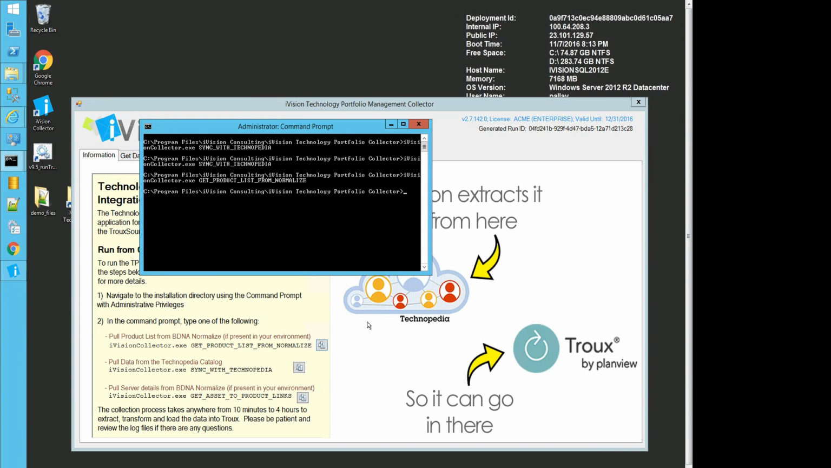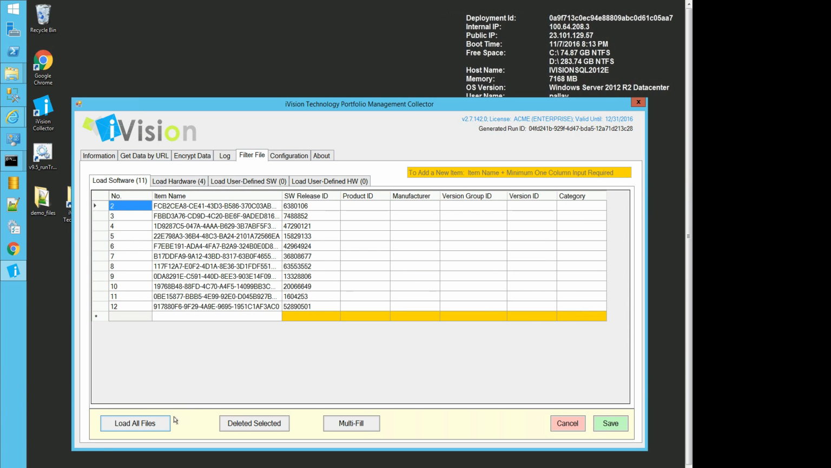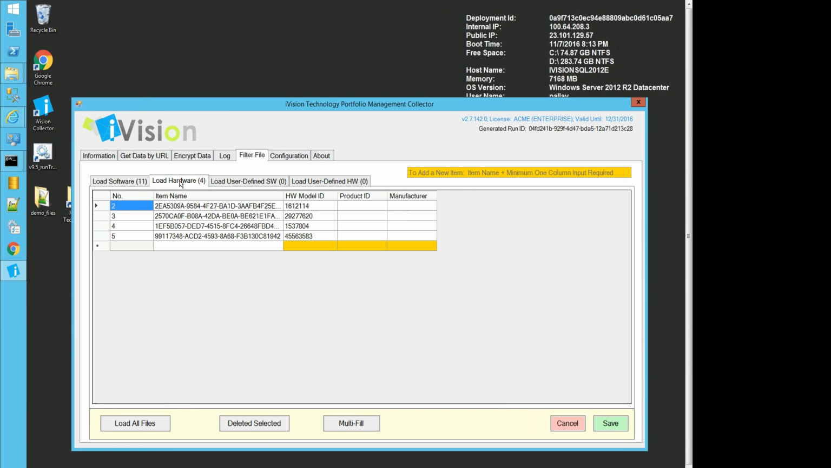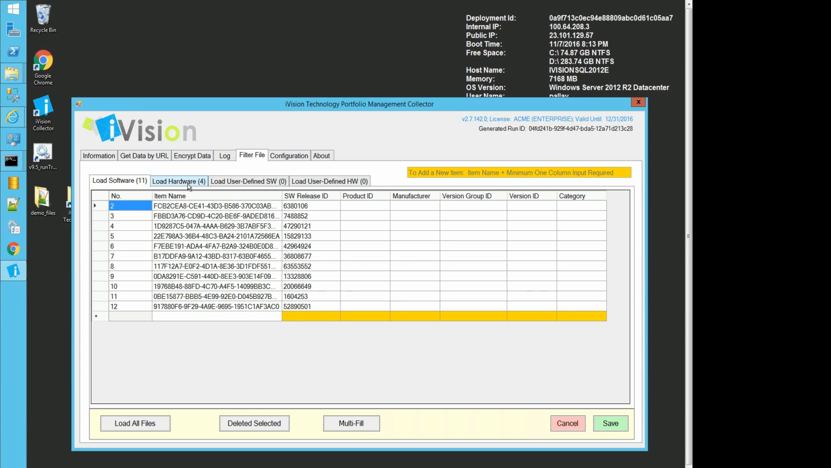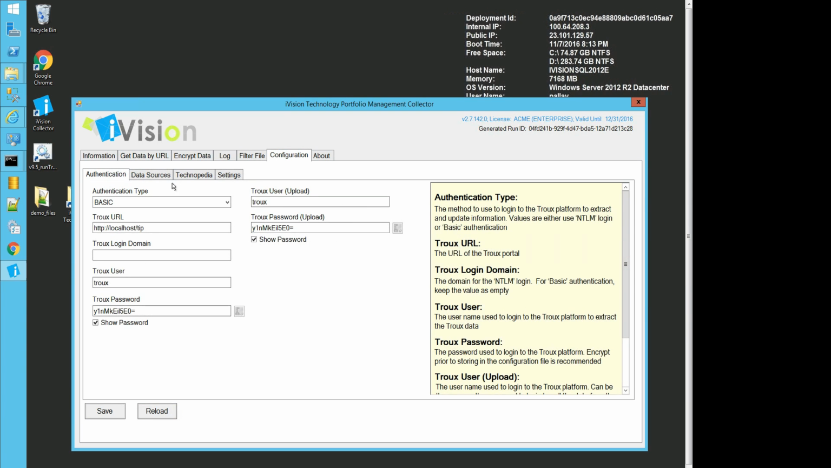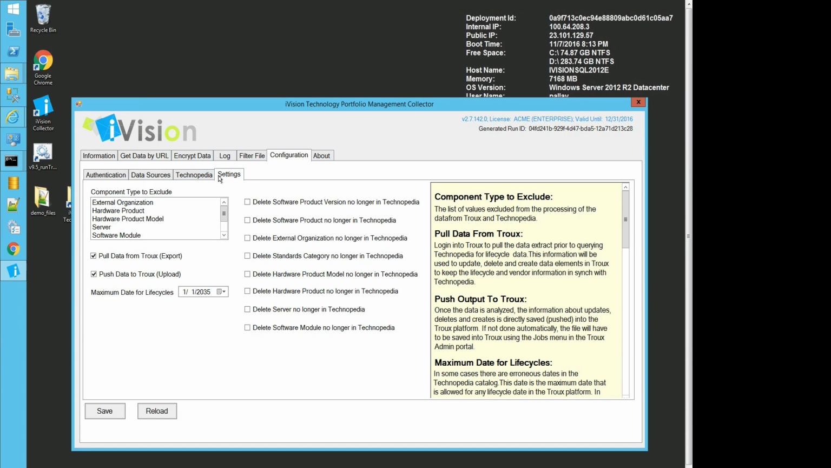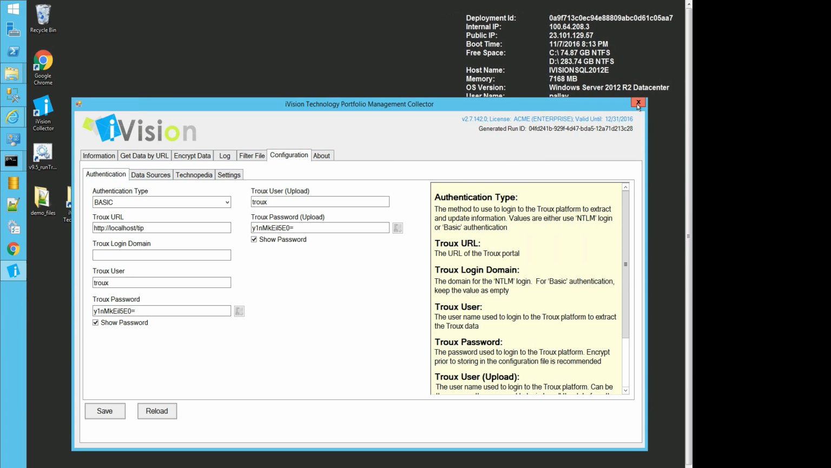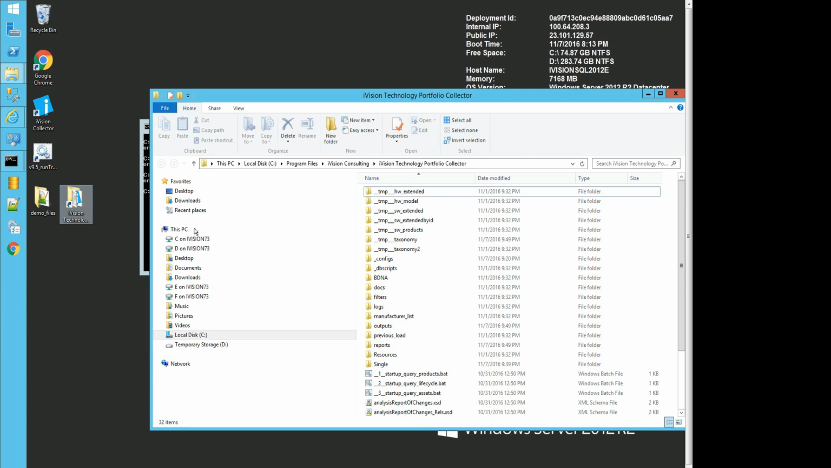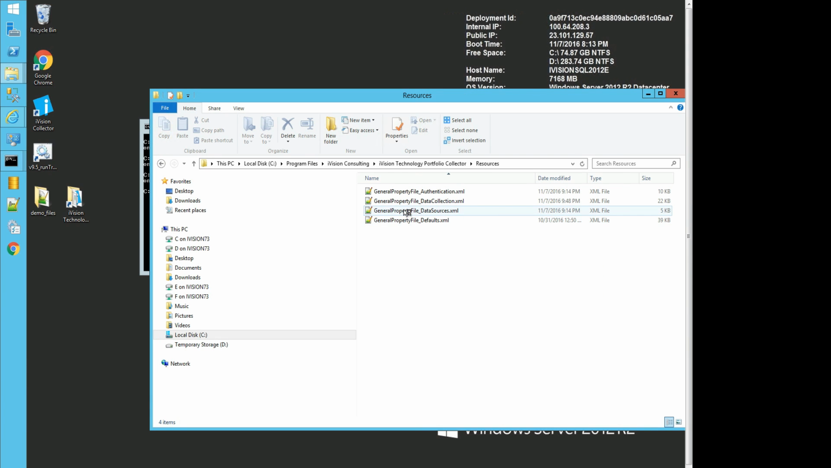What we'll find is, once that is done and we load the files again, that information is extracted. In this case, it didn't work because my configurations for the BDNA publish tables have not been done correctly. So I will double check and configure the information for the BDNA publish database. And once we do that, our settings will work. So we will go into the iVision TPM collector, into the resources directory, into the data source,